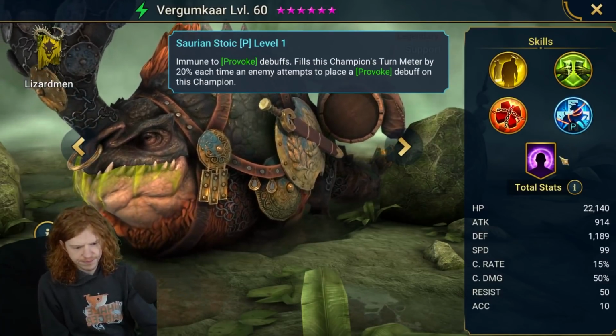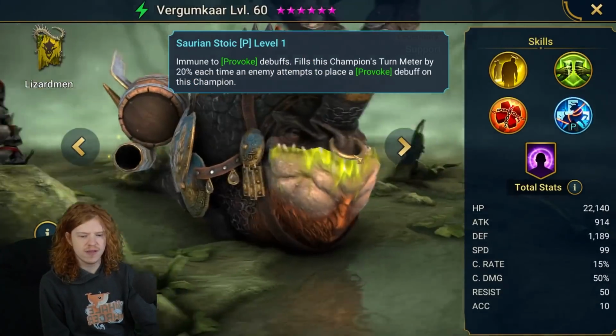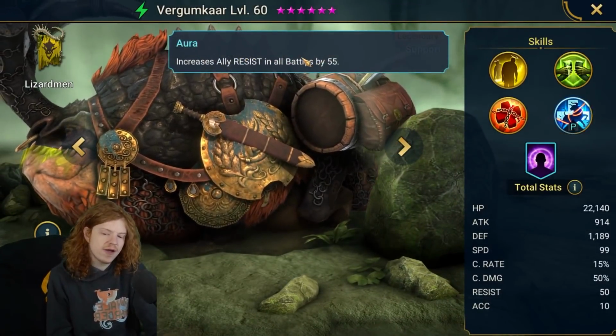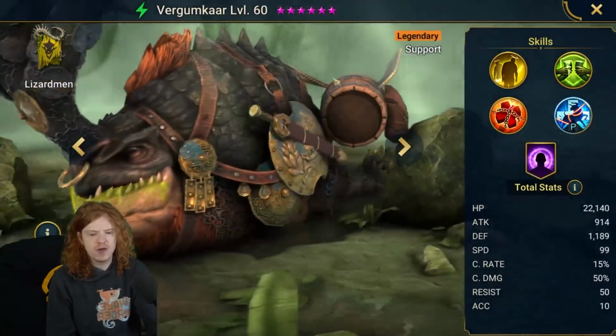Okay, so means Tormund, for instance. Now Tormund tries to land provoke a lot of times. The AI does an auto arena defense. I don't know if he'd particularly be good in arena, for instance, but he does have ally resist in all battles by 55. I think he's a pretty solid character, and I actually really want him because he's also a